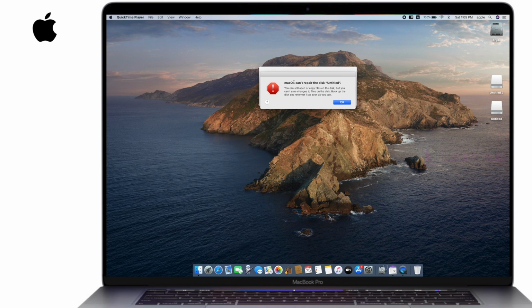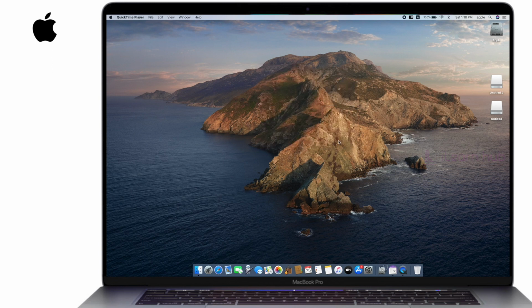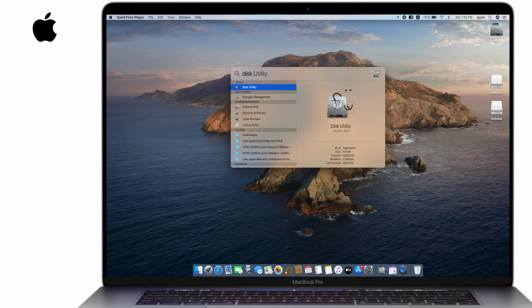In case any of your hard drives are giving errors, like Mac OS cannot repair the disk, or, to mount it, it is asking for a password. Let us say I forgot the password. Now what to do? Since you forgot the password from the encryption, you have to lose the data. So how do I at least utilize this pen drive?